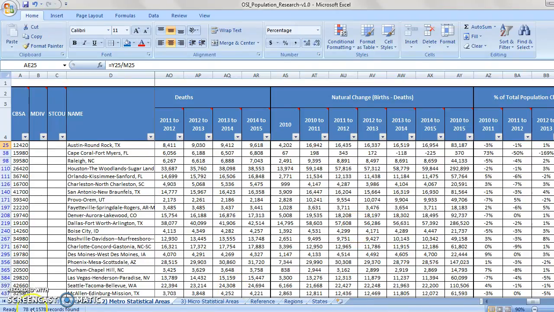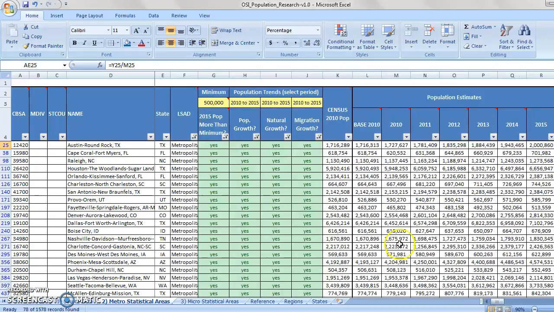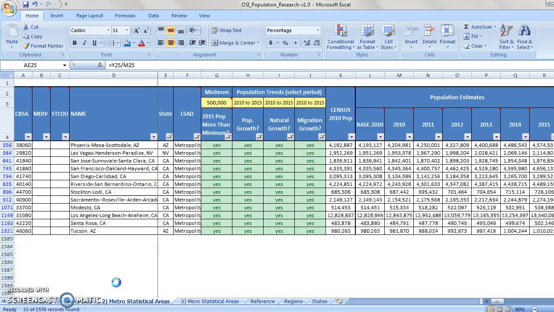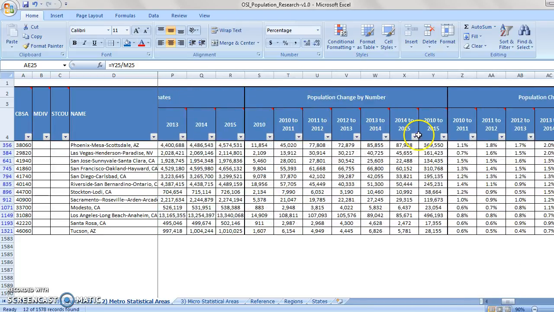I feel like this is still pretty large, and one way I could filter this further is looking at a specific region of the US. Let's say we were interested in the Southwest. So I could deselect all these states and only select, let's say, California, Arizona, and let's say Nevada. Now, we only got 12 showing, much more manageable. Only 12 metro areas to consider, and I can now sort, let's say by